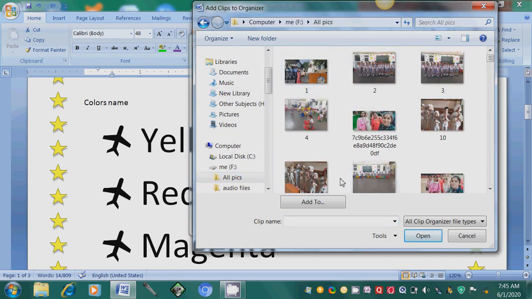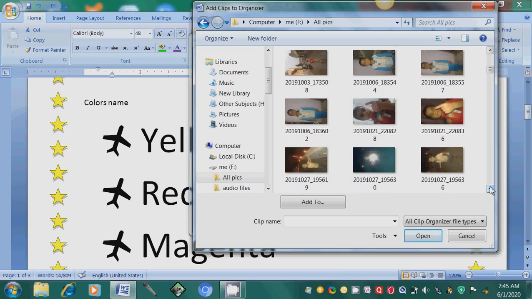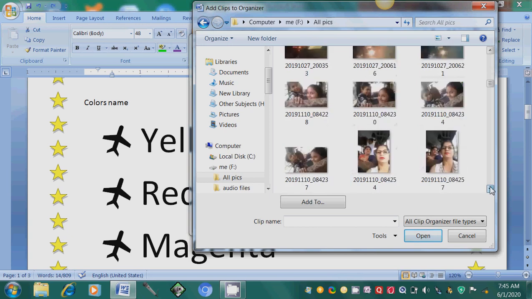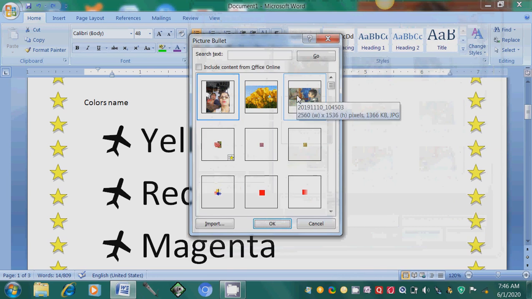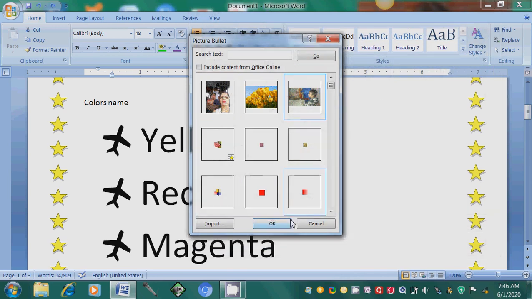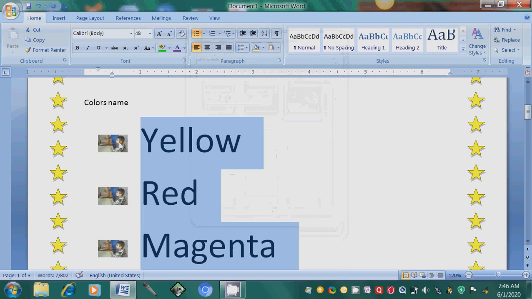I am selecting one of the pictures. This way. Okay, now this will appear here. Select this, okay, and now that will become a bullet. Our own picture can be a bullet. This way we have discussed bullets and numbering.